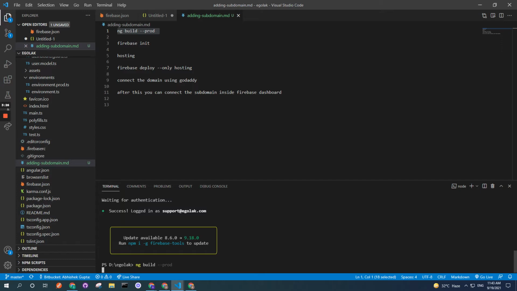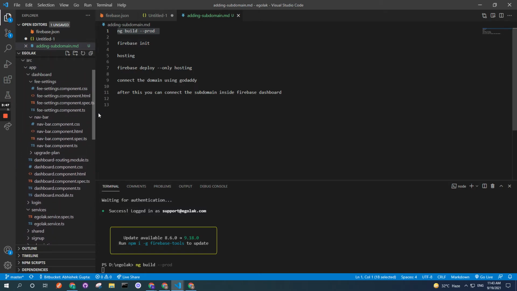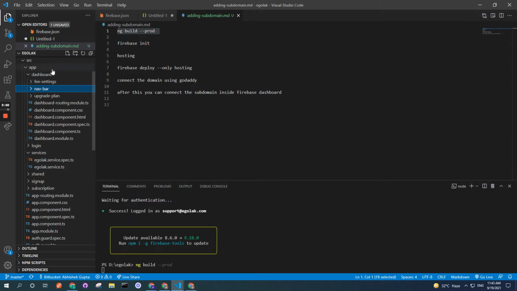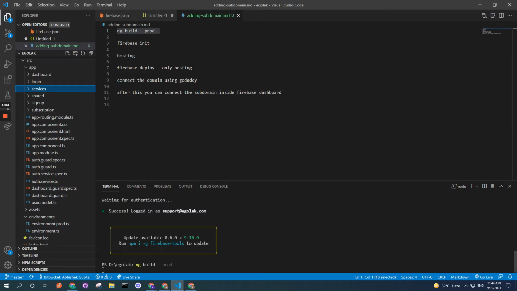We cannot deploy the app that runs in a local environment using ng serve. ng build prod creates a dist folder with multiple JavaScript files, all the CSS files that you use, and all the images that you use, and combines them to publish your application. ng build prod takes all the components that you build into one single or multiple JavaScript files. If you define multiple modules, multiple feature modules inside your Angular application, then it creates those too. So let the ng build prod run.